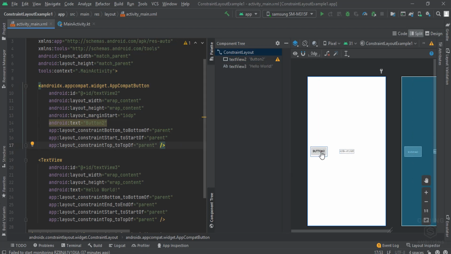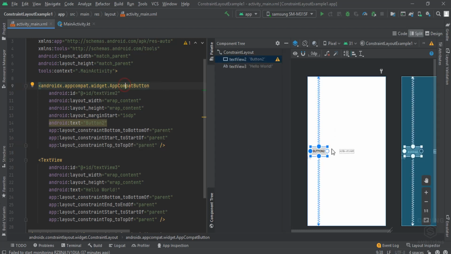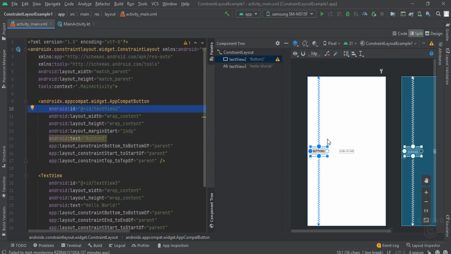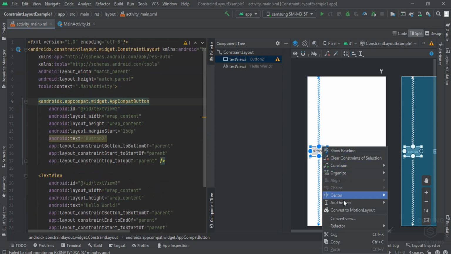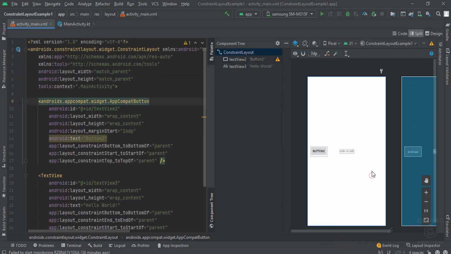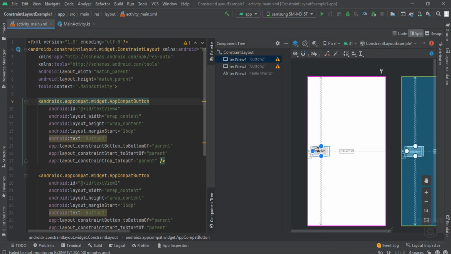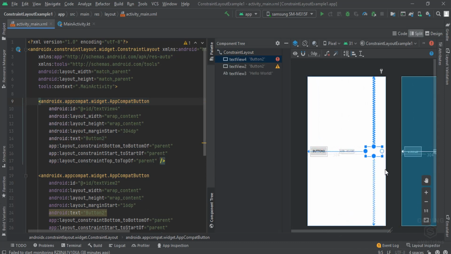We copy that one, and let's just select this. Control C and Control V can also do the trick. Let's see that. Control V, yes, now it's added here. Let's move it to this place,